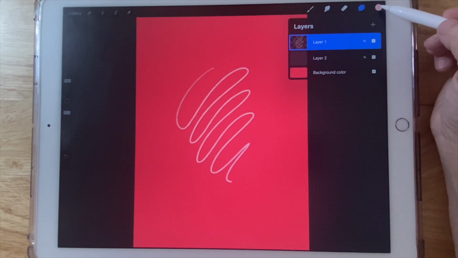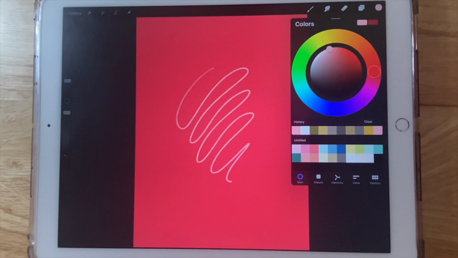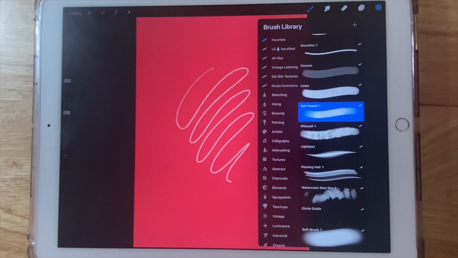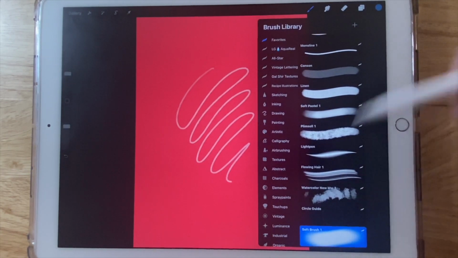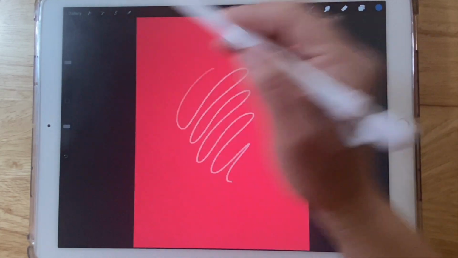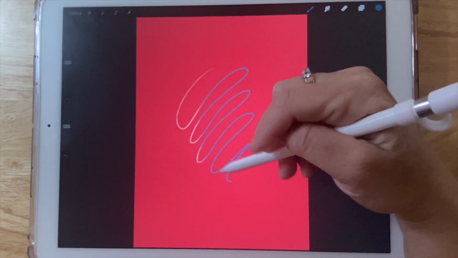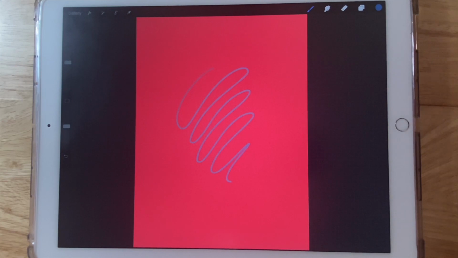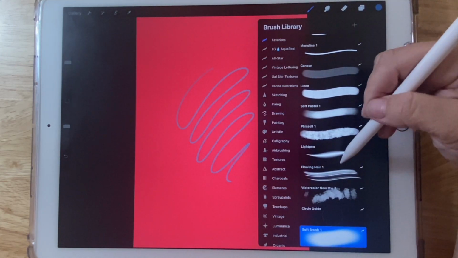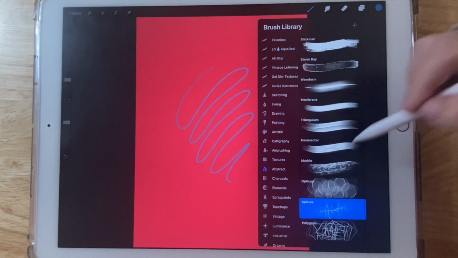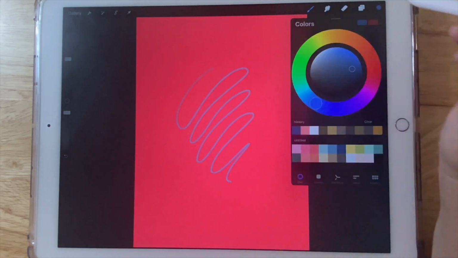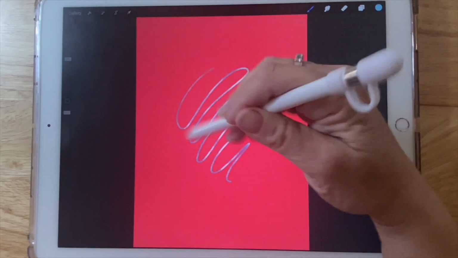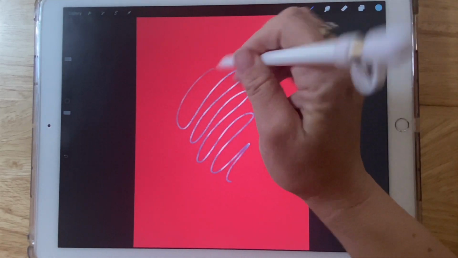But now what I can do is I can come over here to my palette, and I can choose a different color. And I can take my paintbrush. We'll use a big soft brush for this. And then I can paint this in a completely different color very easily. I can also, let's see, I can also give it a texture. Okay, so Alpha Lock is really nice, especially if you're